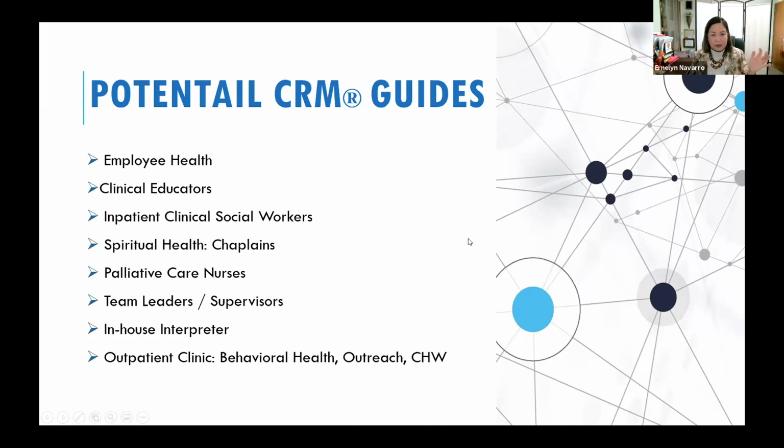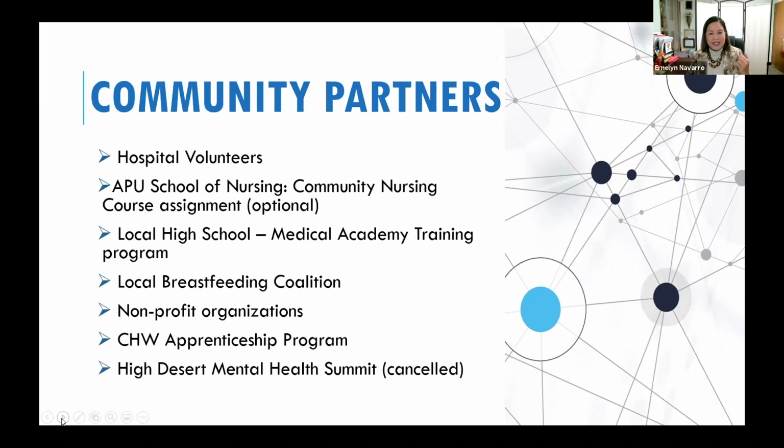So they can use it with their patients and teach it with their patients. So this was my initial list of CRIM guides, being able to identify how can I get these people to help me spread the word. And then outside here, actually continuing the list. So one of our key people who is a connector is the director of our volunteers. She is a nurse, but before she became the director of our volunteers, she has been here for a long time. So a lot of people know her. And so she was a crucial person to be on board with that.